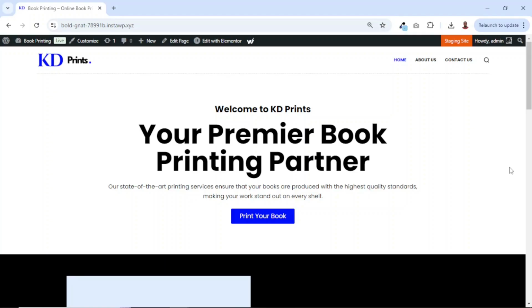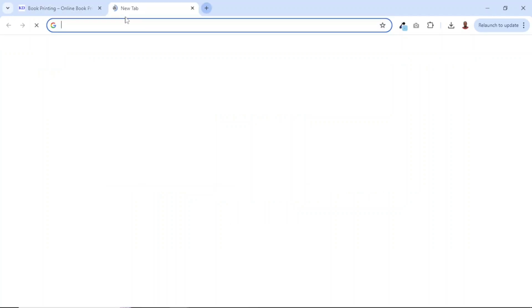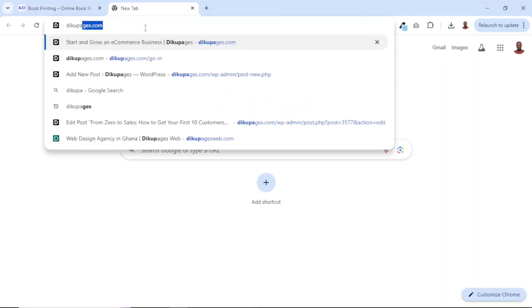So to create a book printing website or any kind of website, the first thing you need to get is your domain name and web hosting. To get your domain name and web hosting, you can come over to